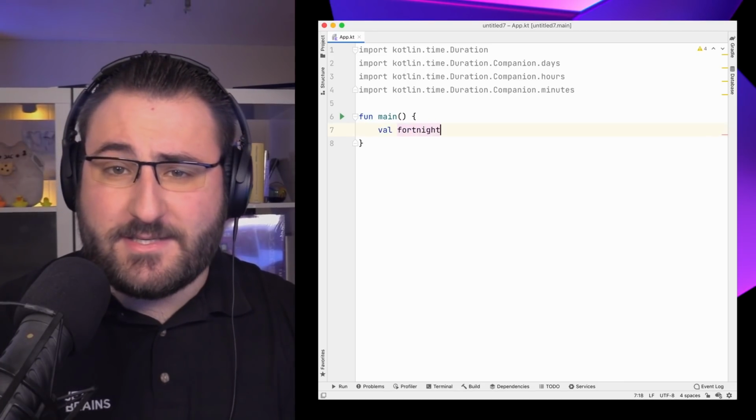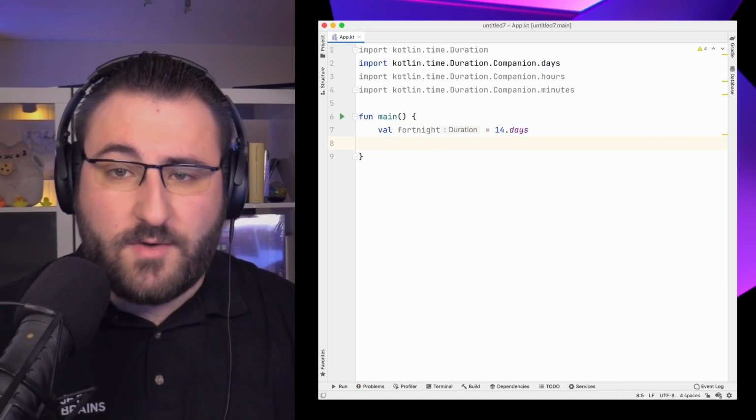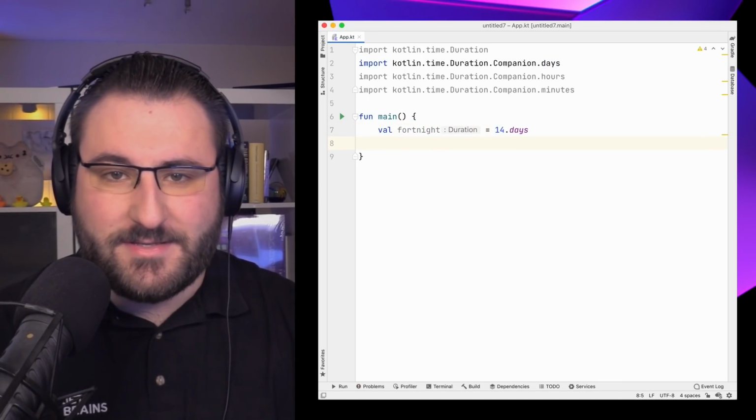It took quite a while, but with Kotlin 1.6, the duration API also becomes stable. It enables you to conveniently work with time durations and measurements, and comes with abstractions for different time units like hours, minutes, and seconds. First up, we listen to your feedback and are reintroducing duration-related extension properties on numbers, like